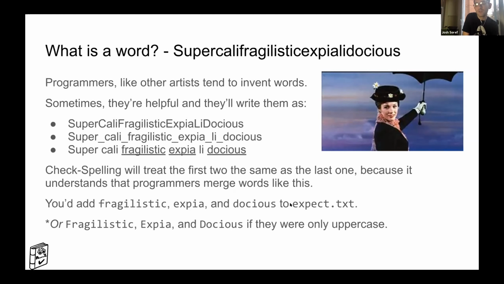Basically, for this, you would add them to expect, saying we expect them to be in the corpus, but they're not really words. Otherwise, if they were really words for our purpose, we would add them to the dictionary itself. The difference is that if at some point you decide you don't want supercalifragilisticexpialidocious in your dictionary, and in your code you've removed it entirely, you don't want somebody to accidentally add it in as a typo for some other word. And so the bot will recommend to remove things when it no longer sees them in the corpus.